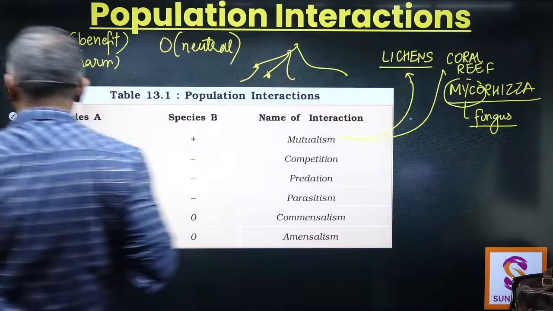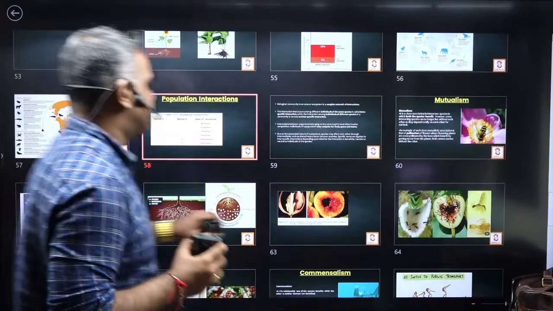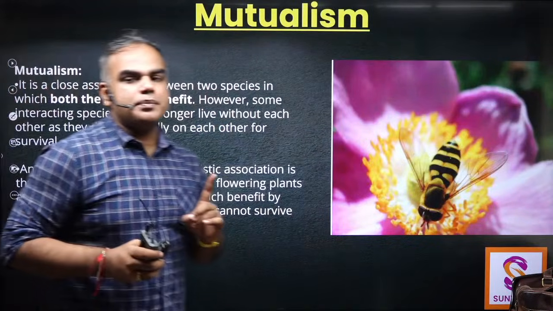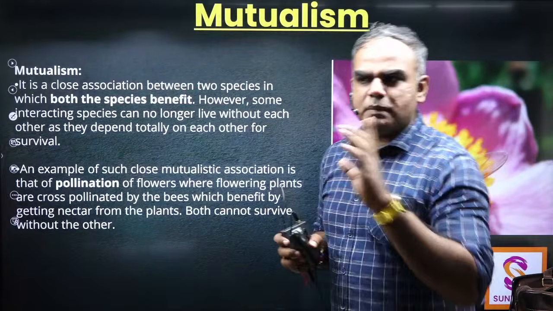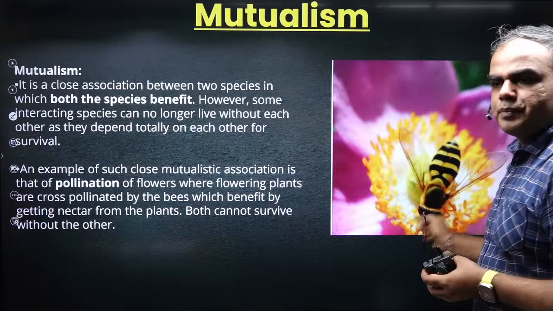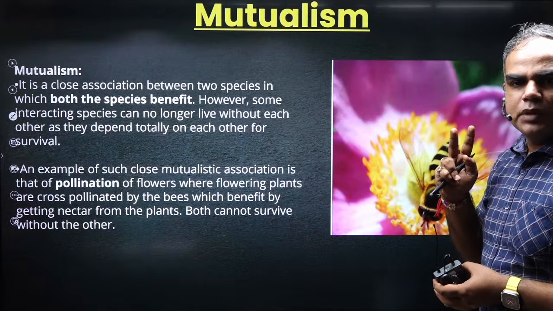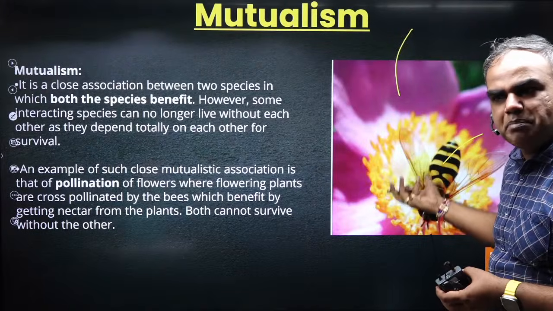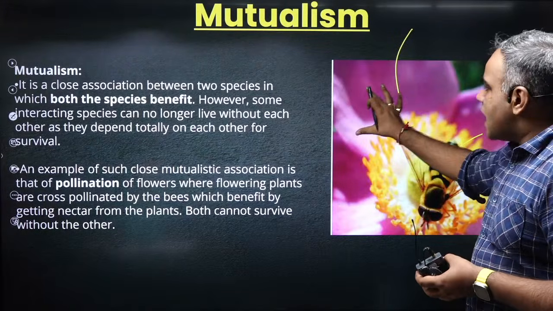First I'll give you and let's see some of the photos and examples and then you'll understand this better. Now mutualism में, ठीक है, one of the best example additionally that you also know is this. What is this process going on? Pollination. Pollination में you have a flower and you have a particular insect, let's say a bee. Flower has nectar.